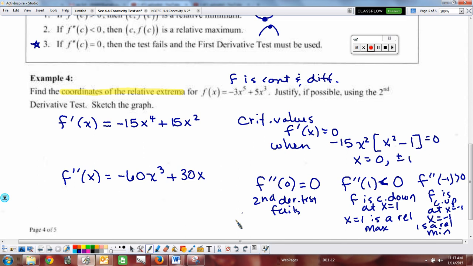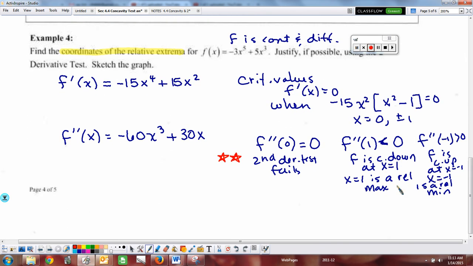Now this one, unfortunately, our second derivative test failed. So we do have to do a sign chart, but I don't have to do the entire sign chart. I only have to do the sign chart close to 0, which means you put your other critical values, 0 and 1, on there, and I don't care about what's over here. I only care about the two on either side of this. So if I plug in values in between, let's say negative 1/2 up here,